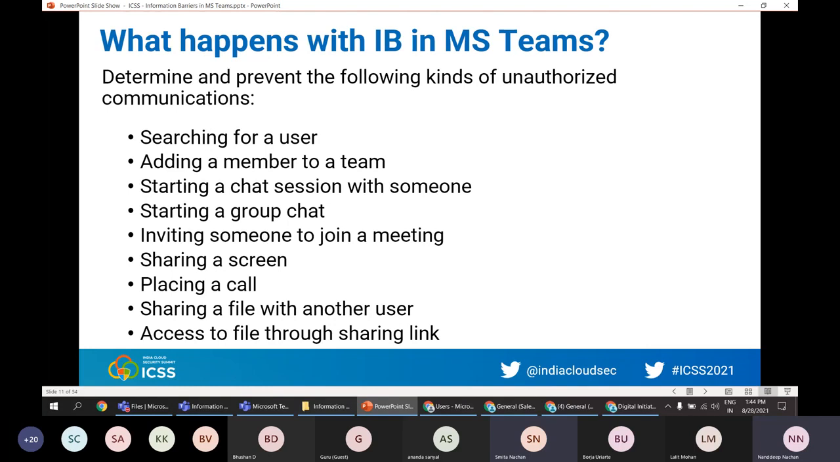So in Microsoft Teams, information barrier policies determine and prevent the following kinds of unauthorized communication: searching for a user, adding a member to a team, starting a chat session with someone, starting a group chat, inviting someone to join a meeting, a screen sharing session, placing a call, sharing a file with another user, and access to a file through a sharing link. So if the people involved are included in an information barrier policy to prevent the activity, they will not be able to proceed. In addition, potentially everyone included in an information barrier policy can be blocked from communicating with others